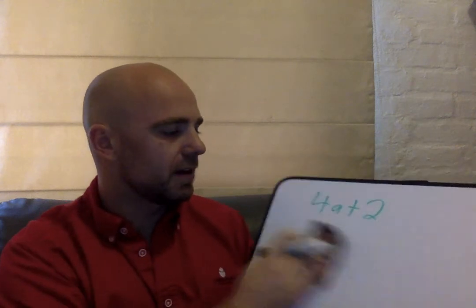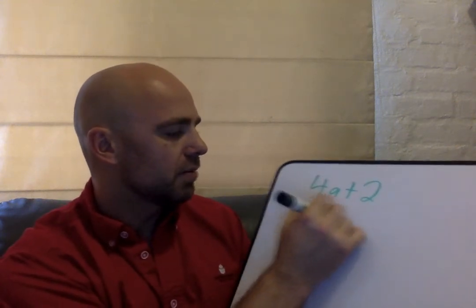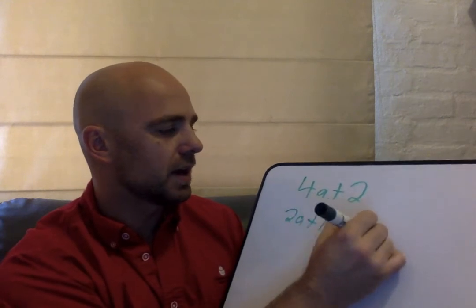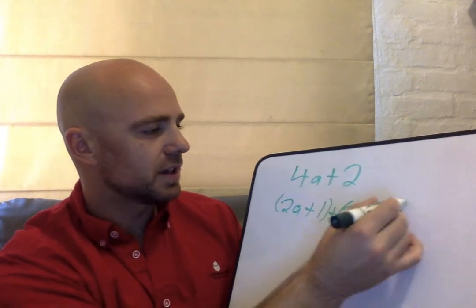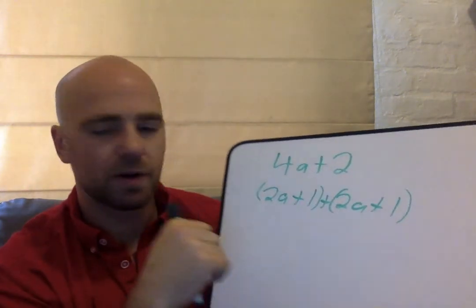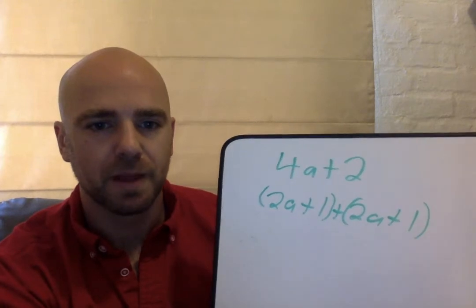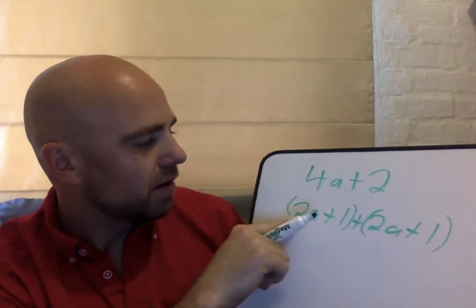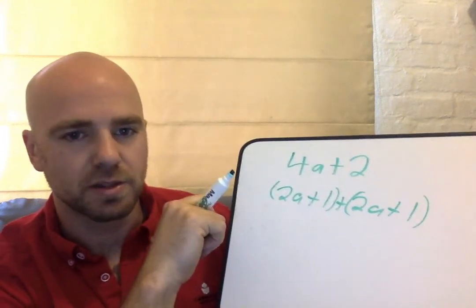So let's break it down into different terms. So I can say I have 2a plus 1 plus 2a plus 1. Okay, so what did I essentially do? I took these and I went all the way around twice. Okay, so now I can't necessarily have a 2a plus 1, so what I actually need to do is